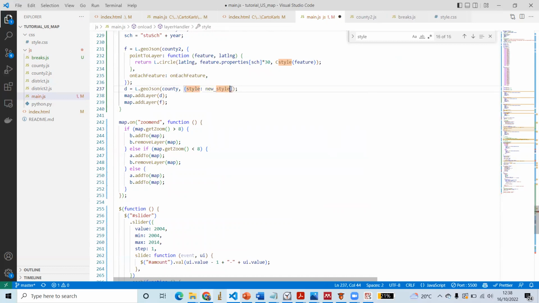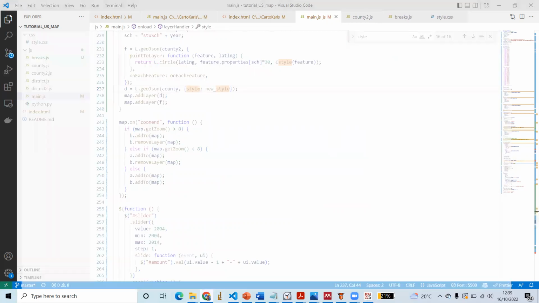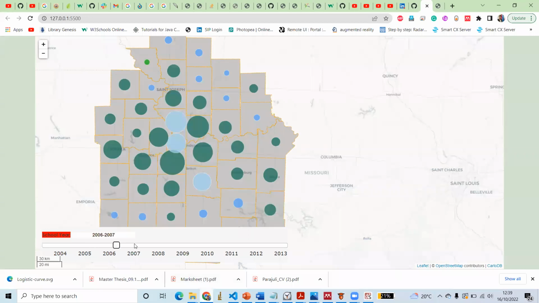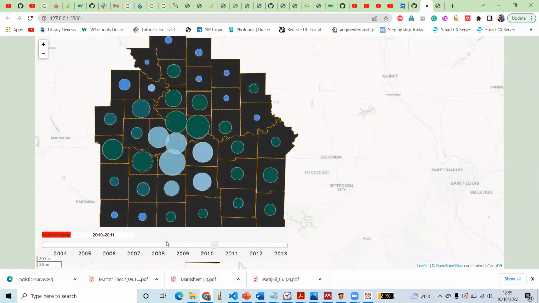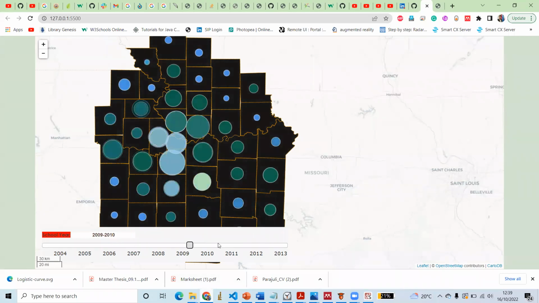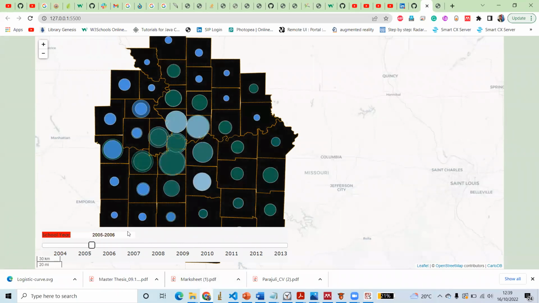So save it and see the result. The values have changed, but not like what we wanted. It is almost black,